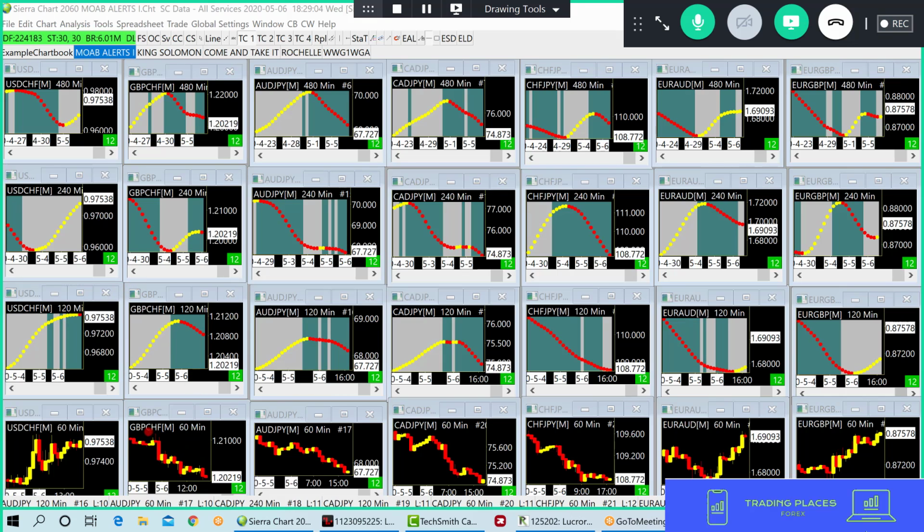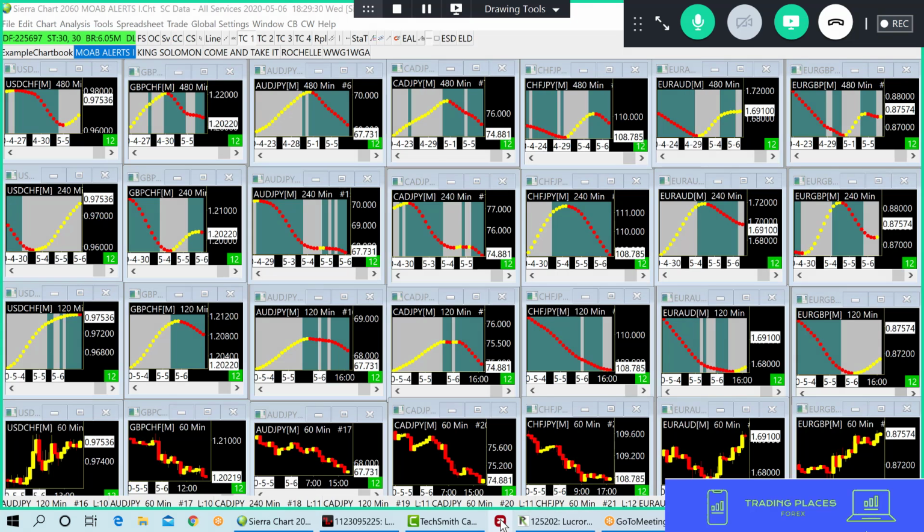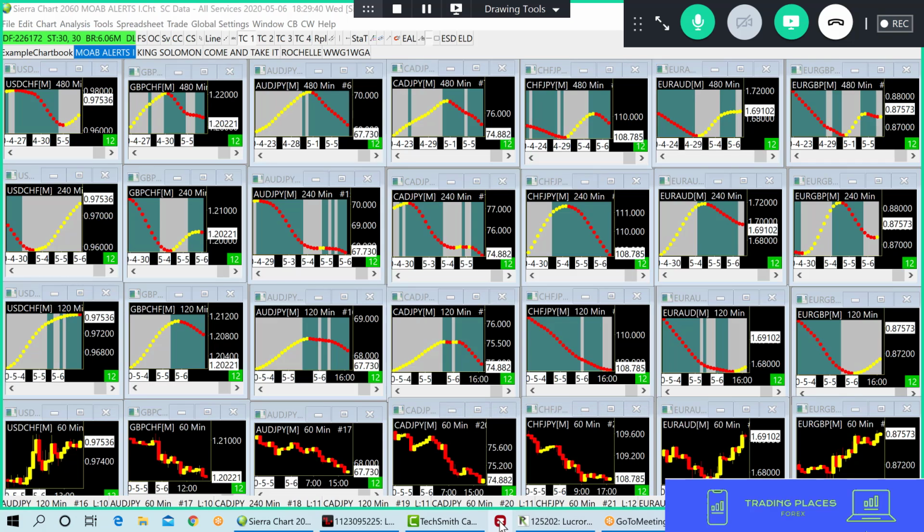But look at this. Pound Swiss is going down. 120 is going down. 240 is going down. And so is the 480. It's kind of going down, not quite yet. And look at this. Down means the dark gray screen here, here, and here. So actually we could probably, let me pull up, let me see here, 1 second. I'll pull up these,